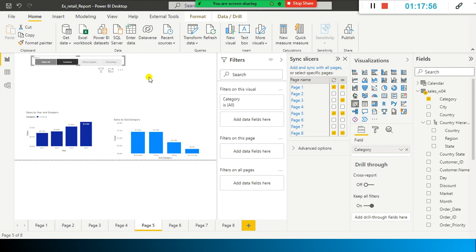So in simple terms, cross filtering removes the data that doesn't apply, whereas cross highlighting retains all the original data points but dims the portion that is not relevant to the selection. That is the difference between these two. You got it? Cross filtering removes the data that does not apply, whereas cross highlighting includes everything but dims the irrelevant part and highlights the relevant parts. Okay, so that is it.